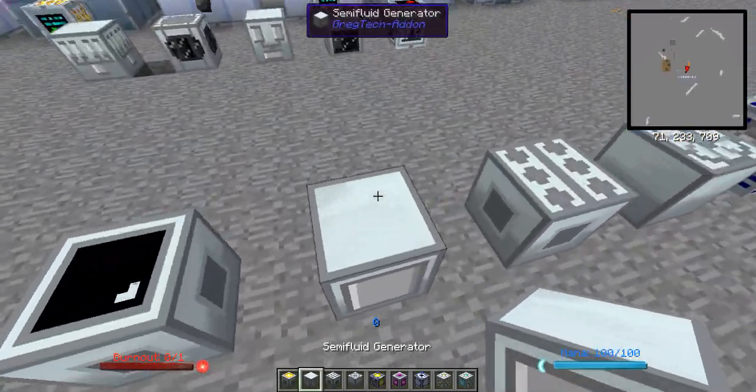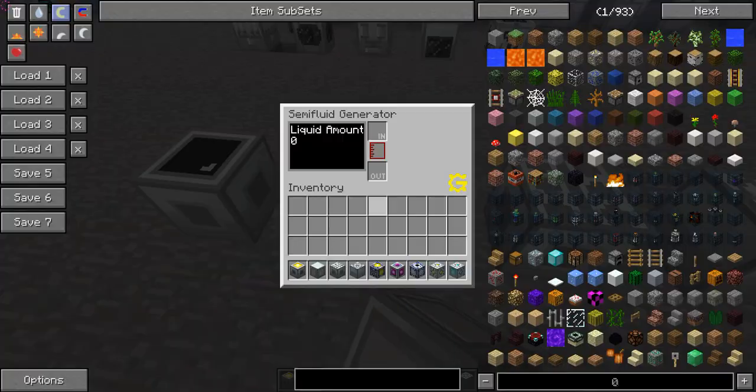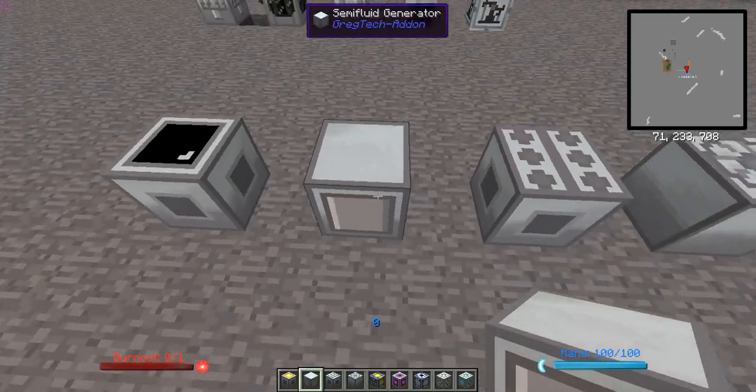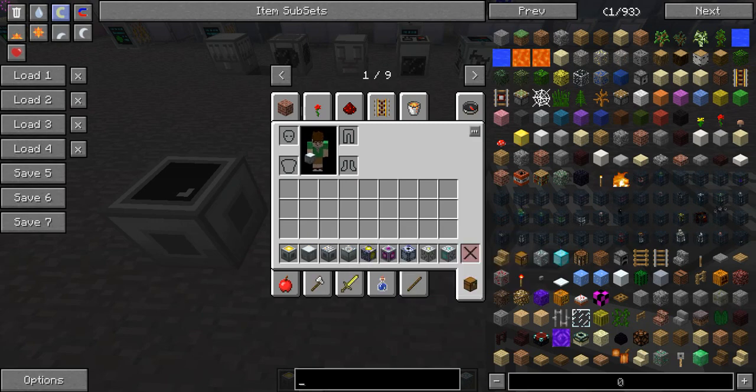Next one, which I have quite honestly only ever used once, the Semifluid Generator. The Semifluid Generator is basically used for processing thick fluids, and it is the most efficient generator that GregTech has for this, because it is the only generator that GregTech has for this. I believe